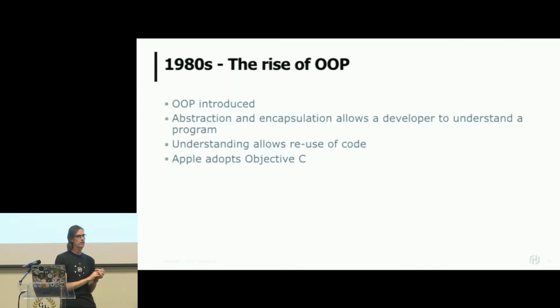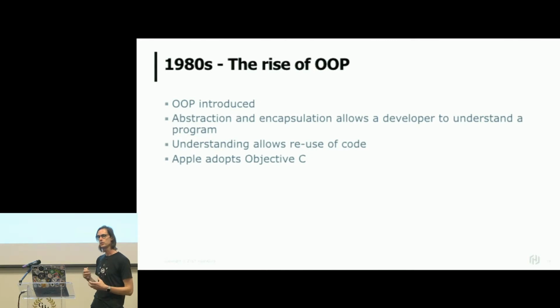And the answer to that, I think, was the introduction of object-oriented programming. So you had this capability where developers could model their code in terms of abstraction and encapsulation. They could create reusable blocks of code. The code could be easily understood, and with this ease of understanding comes an offset that you're going to potentially reduce defects.